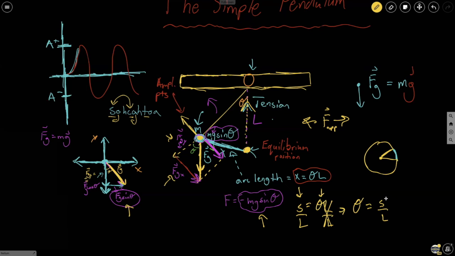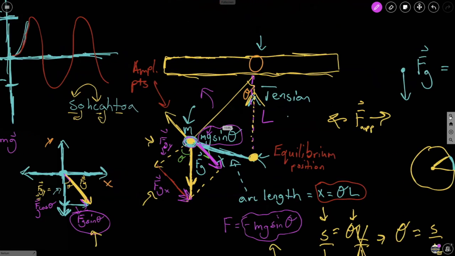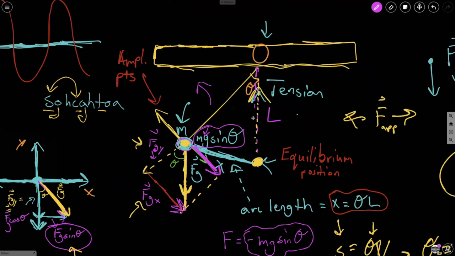For very small angles, so let's say we have a very small angle for this pendulum, okay? So let's say that it gets pushed, but it gets pushed, zoom in. It gets pushed an arc length like that,